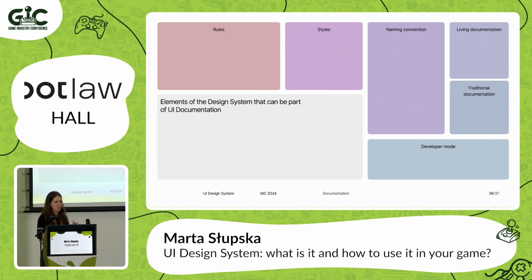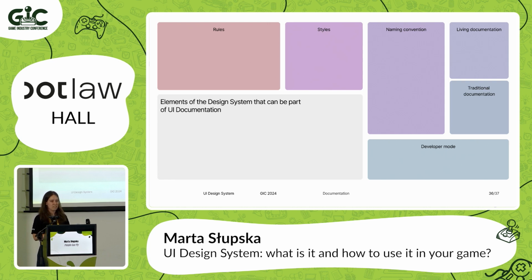Styles, as we were saying, the fonts, the grid, and the color, all these things can be recreated in the engine and reused the same way as you were using them in the design system. Naming convention. I talked about it like 100 times. It's very important to keep things named the same. It helps a lot, both you and your technical people. Keeping living documentation, the one I was talking about in Figma, for example, will keep being updated. It's always up to date, and everything you change in your design system will also be changed in your documentation.